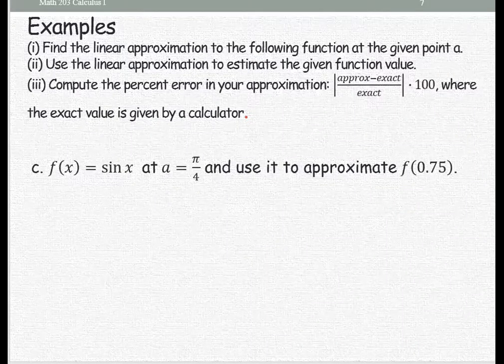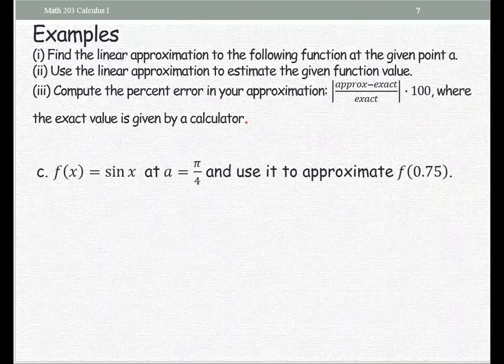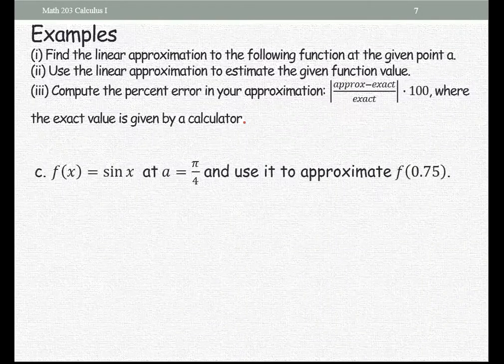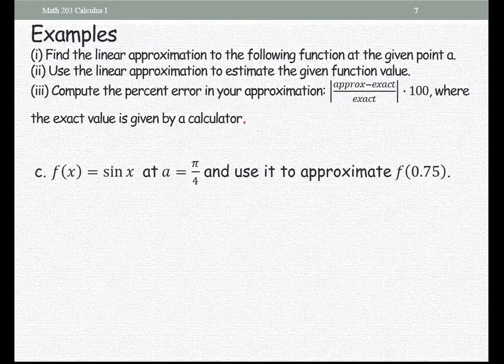The other one is involving the trig function. So for the trig function, make sure the angle is in the radian form. So when you put it in a calculator, make sure you set your calculator in the radian mode. Okay. This time the function is sine x at a equals pi over 4, and use it to approximate the function